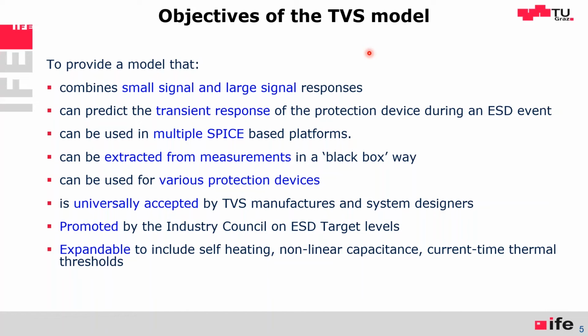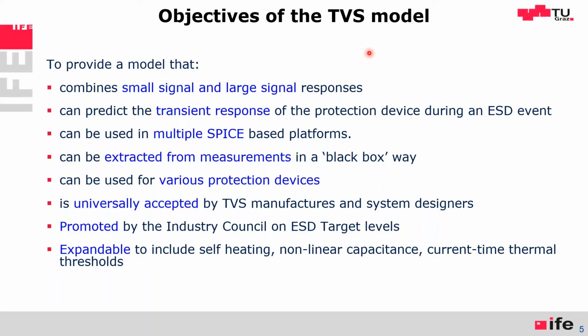Now, for the TVS models, one thing they need to model is the small signal behavior. So basically, if the TVS destroys the signal integrity, if the TVS destroys the eye diagram because capacitance is too high or its resonance is at a bad location in frequency, then the TVS is not useful. So the small signal model needs to be done, and the large signal model. The large signal model is like the protection model.